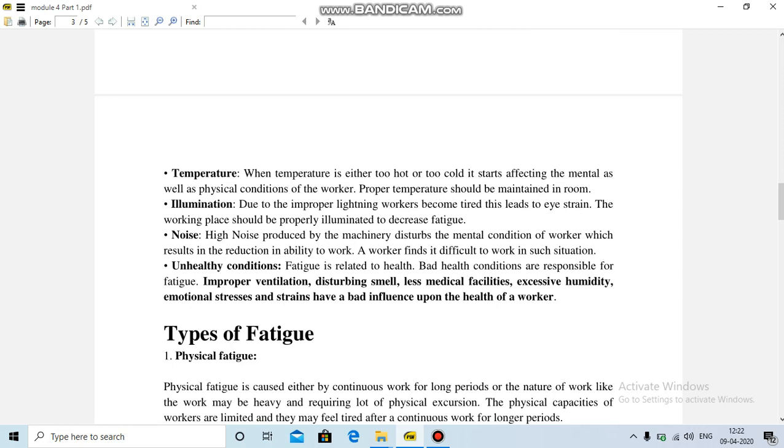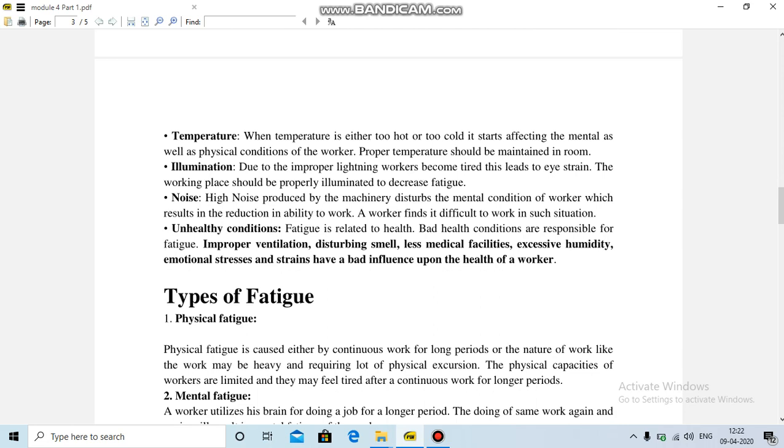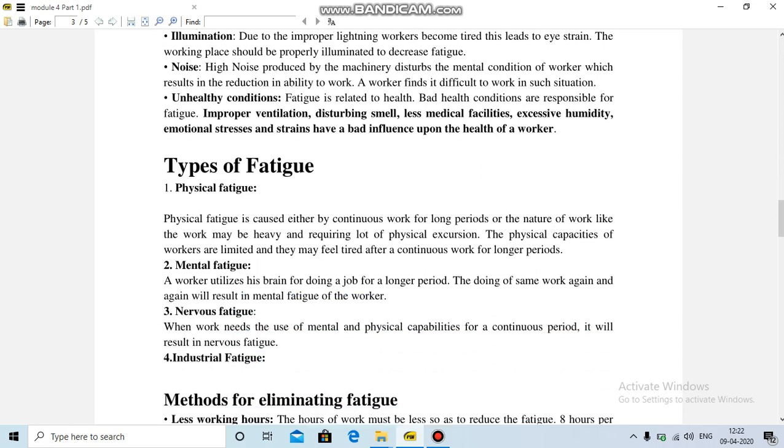Because of these reasons, what fatigue can we expect? Generally, fatigue can be of four types. The first can be physical fatigue. Of course, the fatigue is a fatigue of an